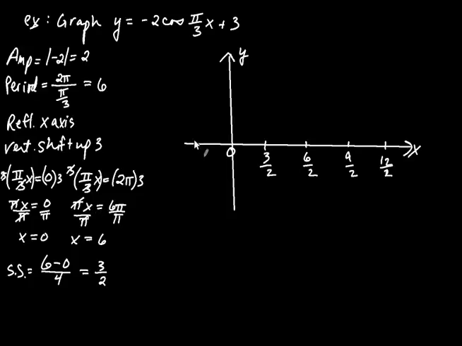Now, as far as the y-axis is concerned, I'm going to scale that as well. And I'm going to see basically what's going to happen. At some stage, the cosine is going to be a -1, and -1 times -2 is going to be +2, and that'll bring me to 5. And that's as high as it's going to go. So scaling the y-axis, I'm just going to go 1, 2, 3, 4, 5. Again, being aware of what's coming. So this is how we go about scaling axes. And then let's go just -1 on the